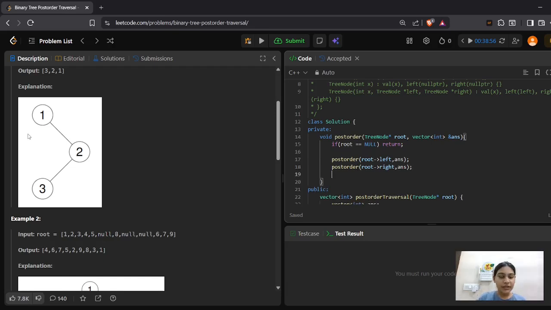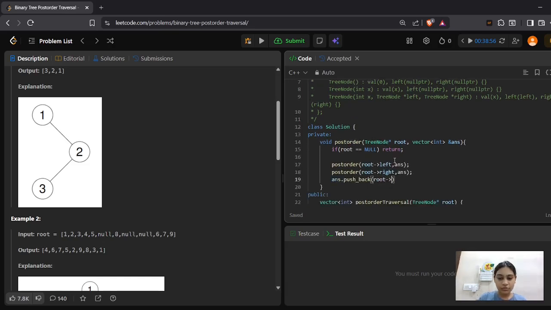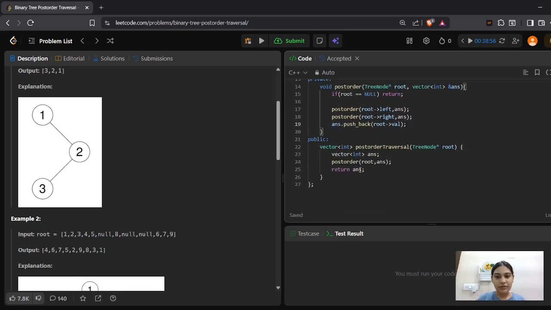And when we have completed the left side and the right side, just store the current node which we are visiting. So I store this root node: answer dot push_back root value. Fine. And when this whole function call has been completed, we can return our answer vector.